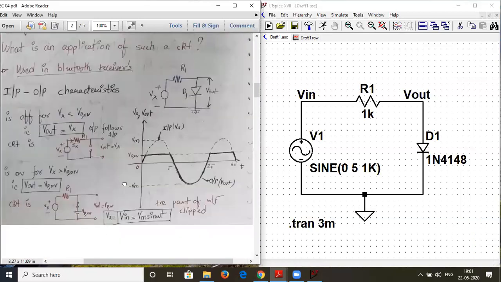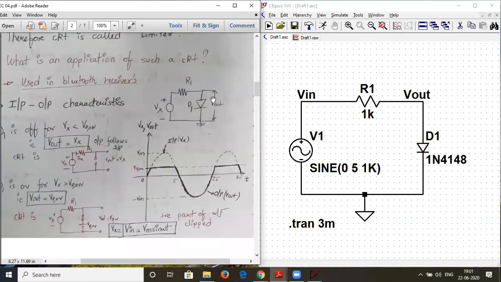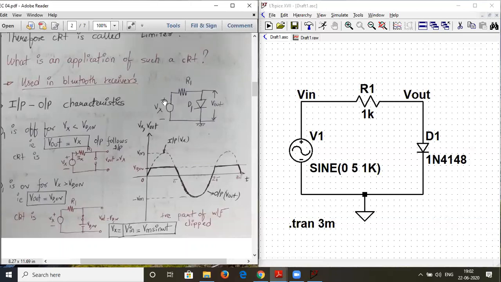So this is my circuit, as you can see on your screen. Let me adjust this PDF a little. Yeah, so now concentrate, please. Let's say that the voltage over here is V in, and whenever the V in voltage is less than VD on, let's say VD on is around 0.7, I draw a line over here at 0.7, right?